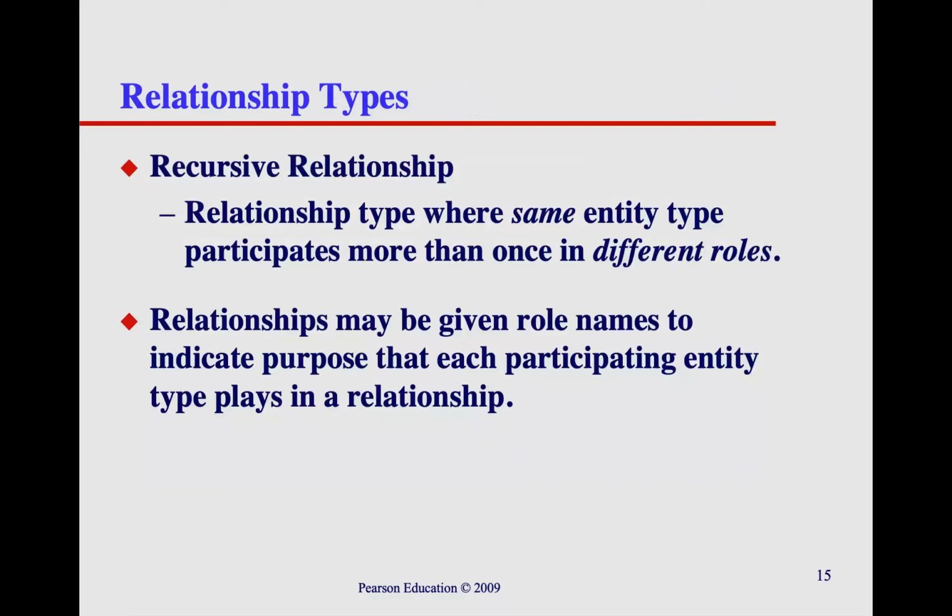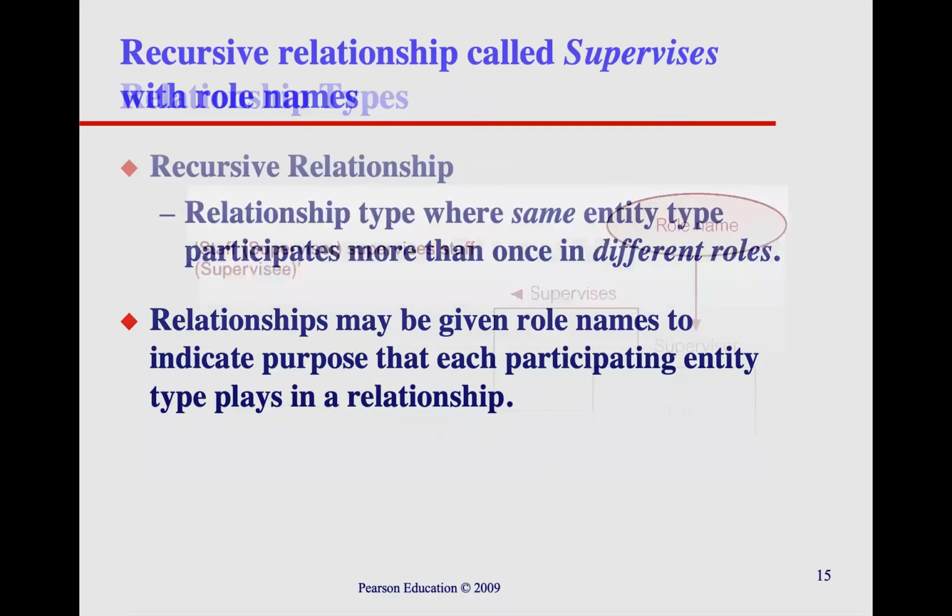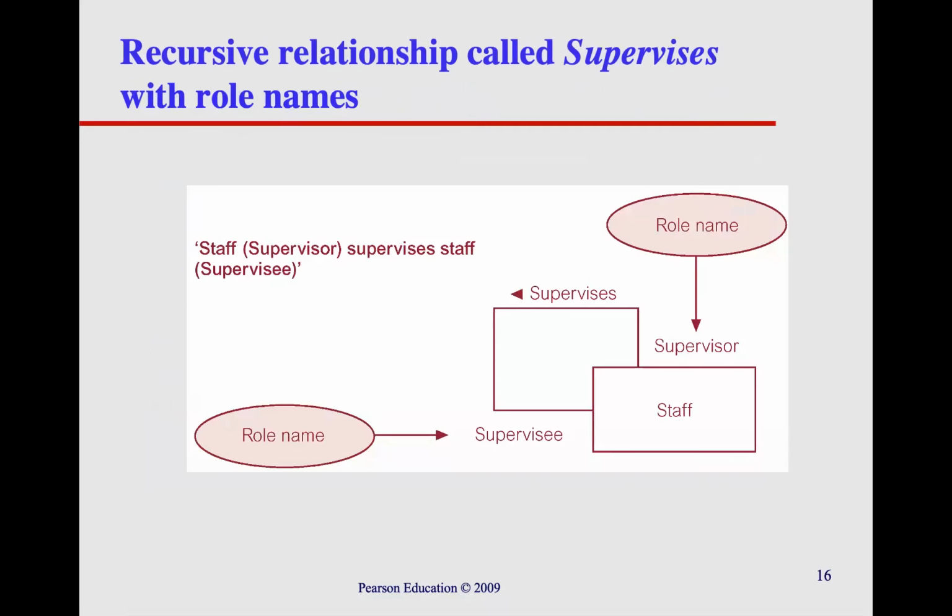Okay, you can also have recursive relationships where the entity points to itself. A good example of that is the manages relationship. So you may have a staff managing or supervising other staff. So it becomes a recursive relationship because it is a directed edge back to yourself. And when you have that kind of recursive relationship, you often use role names